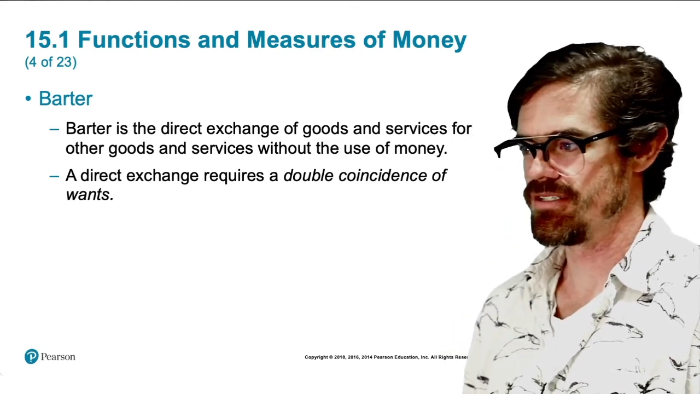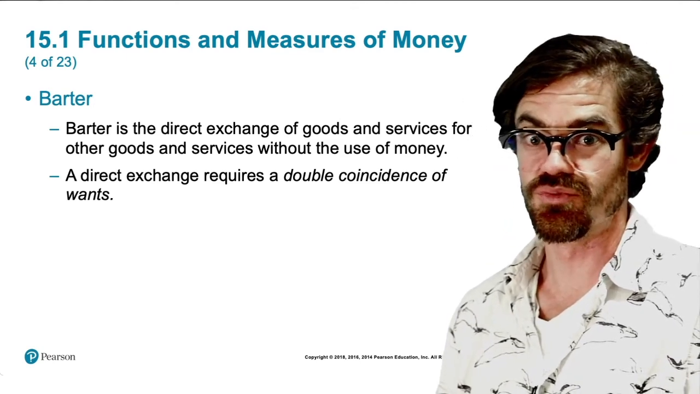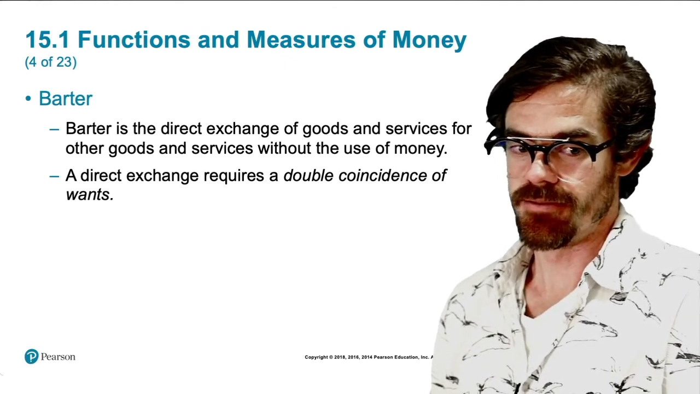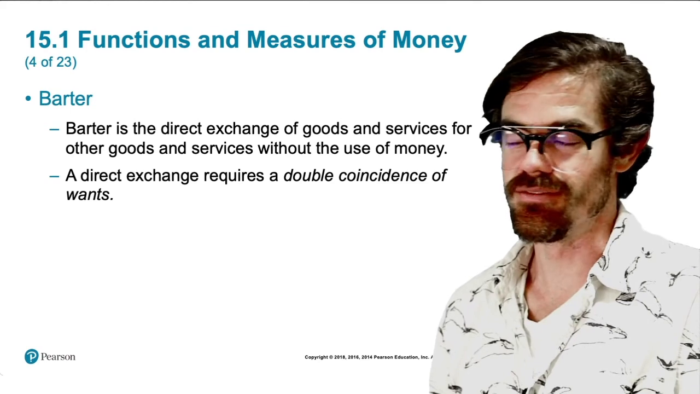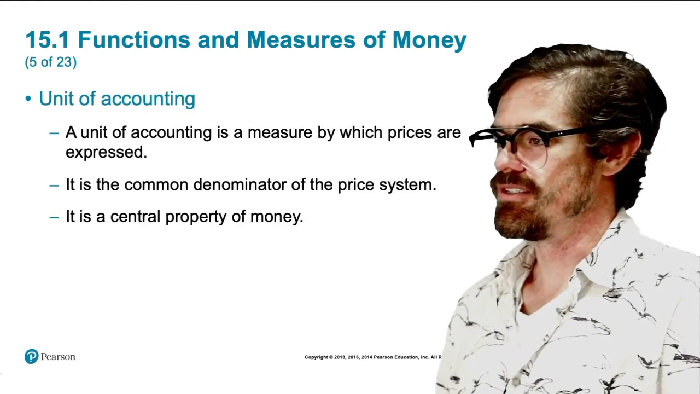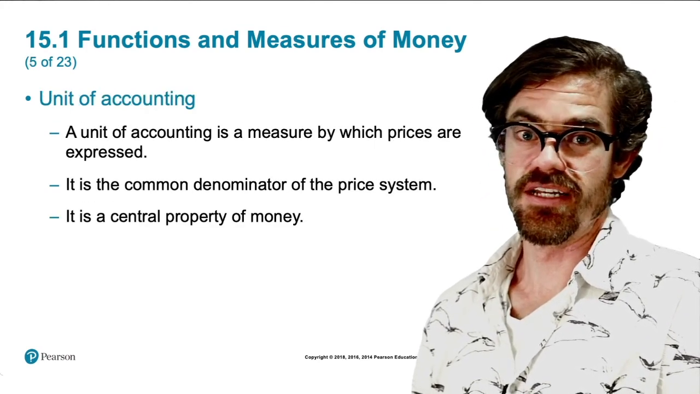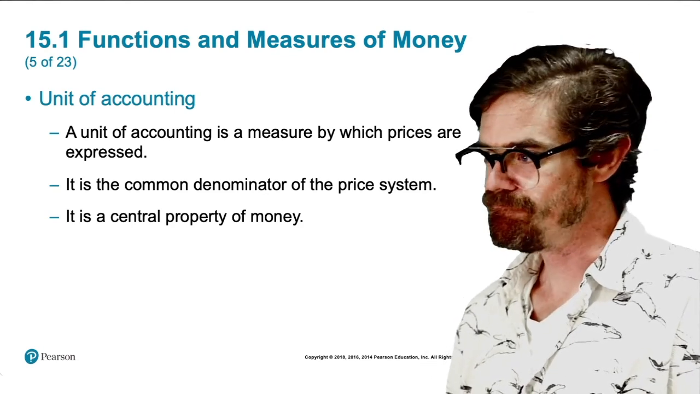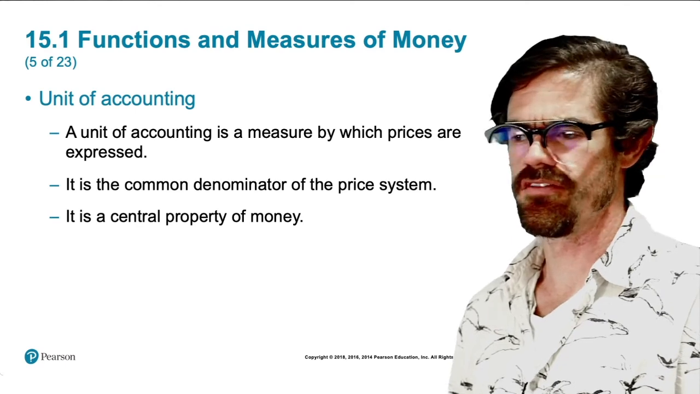But basically, with barter, there's really this problem of double coincidence of wants because my barber probably doesn't want an econ lesson. And so that's a transaction cost, basically. Money eliminates that. As far as a unit of accounting,